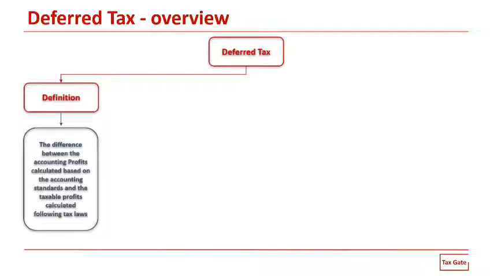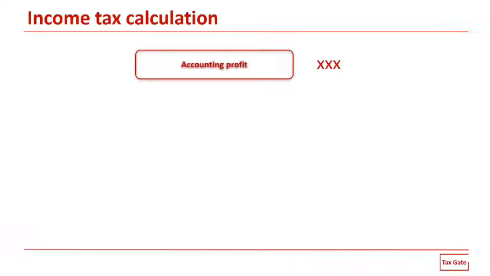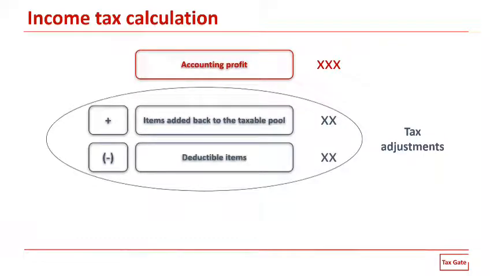So deferred tax would close the gap between the income tax estimated according to the company's accounting profits and the profits calculated according to the tax laws. Good. So, how is it created? Let's understand together. Just to simplify, upon calculating the company's income tax amount, normally we start with the company's accounting profits, and then some specific adjustments are made as follows. Items added back to the company's accounting profits and items deducted from the company's accounting profits, enabling us to finally reach